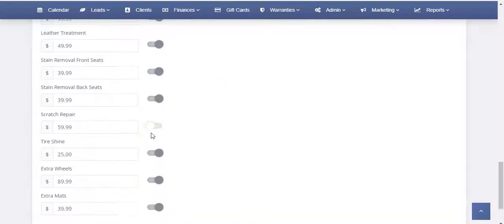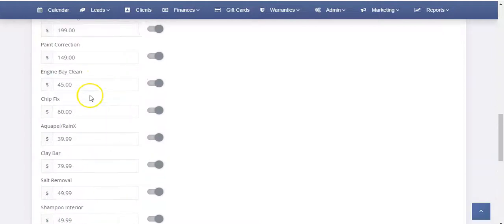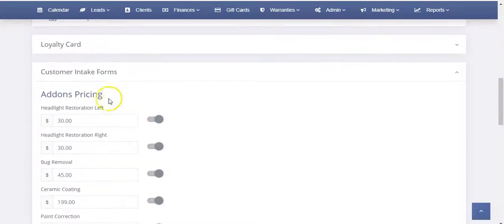So it's set up so that it's got a bunch of standardized options like clay bar, aquapel, rain FX, chip fix, engine bay cleaning, so on and so forth. And the goal here should be to raise these to a very high number, not super high, not $300 for headlight restoration, for example, but higher than you would normally do. So in this case, when someone has an appointment, we usually give headlight restoration as an add-on for $40, so $20 per headlight. So in this case, we added it for $30 because it's headlight restoration left, headlight restoration right,